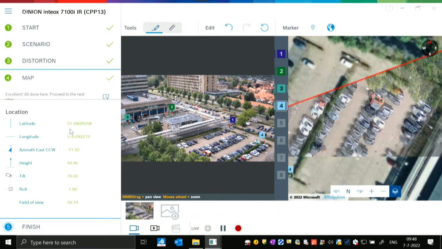So the triangulation here gives already that I have a latitude entry of 51.4, right? Longitude as well, full GPS coordination there. So I have a direction, because I know the direction where the camera is looking. So that's also simply given. The installation height is on top of our building, so that's really 44 meters high. So we have quite a high 10th floor building. So we have a tilt angle of 16 degrees, a roll angle of -1 degree, and a field of view setting of 50.